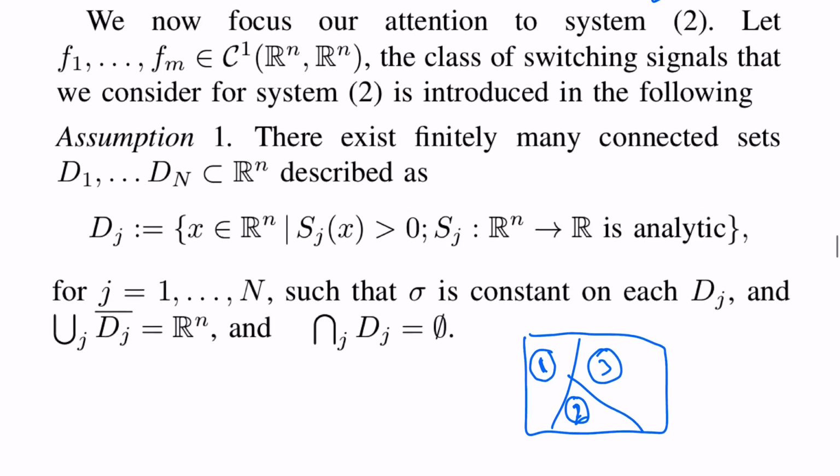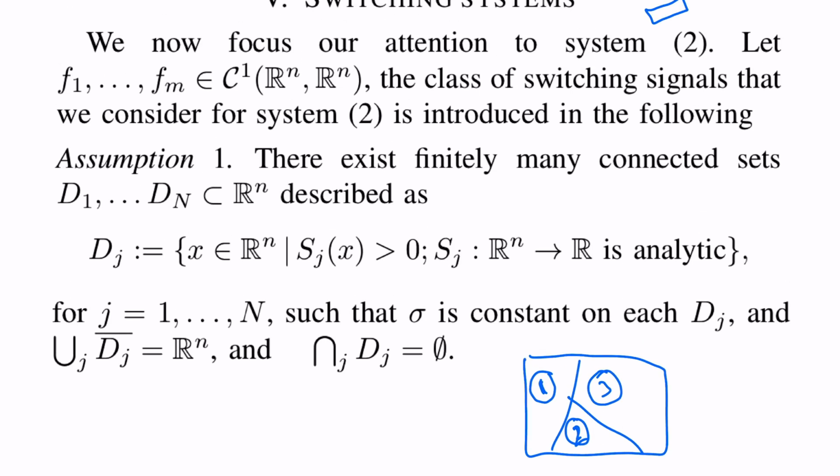So some type of partitioning mechanism is required at this stage, and there exist finitely, which is the critical word here, many connected sets. And again, these are definitions we will be talking more and more about, and hopefully you get used to that. And connected sets, D1 through Dn,